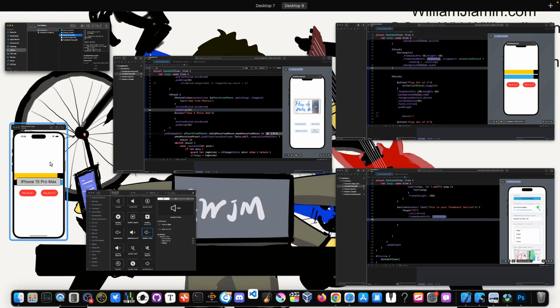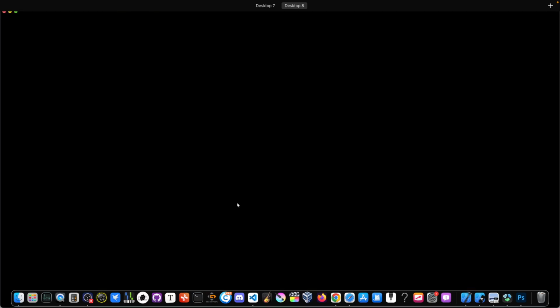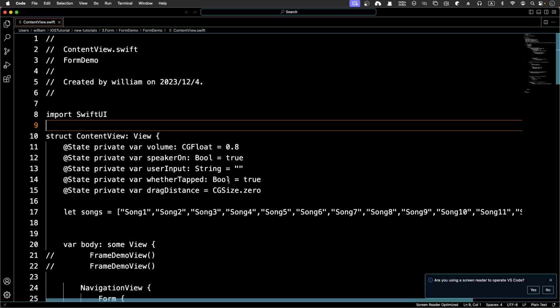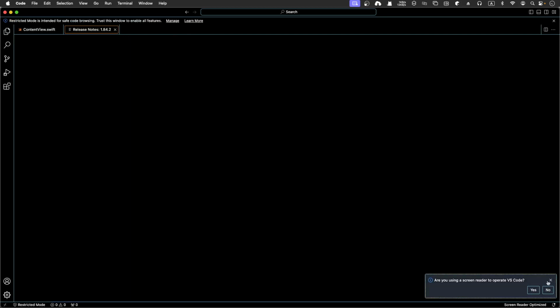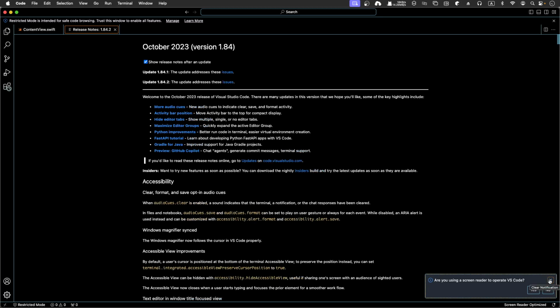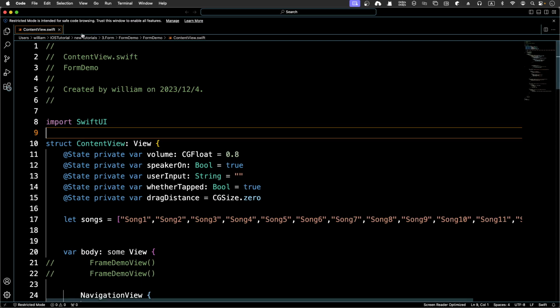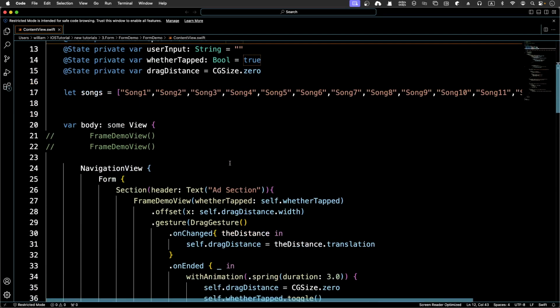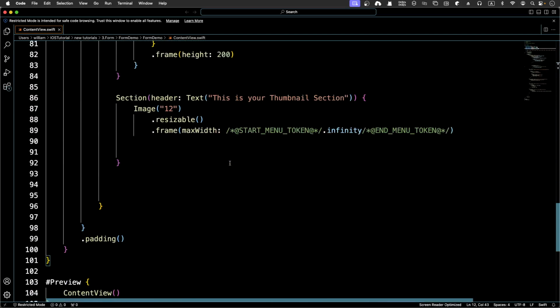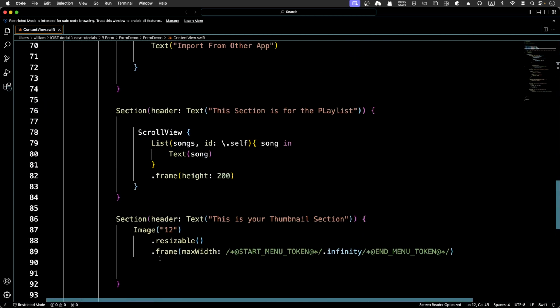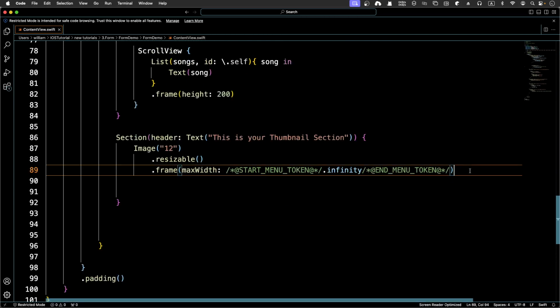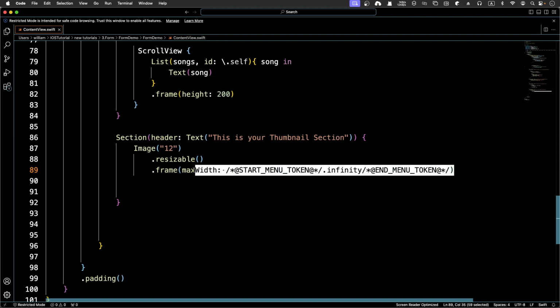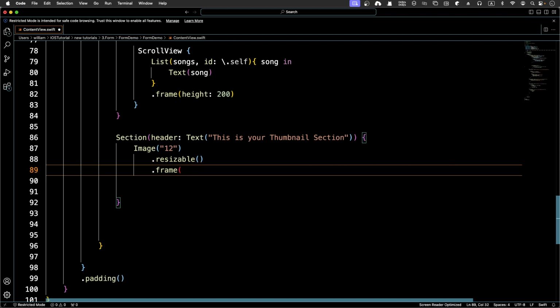Let's wait for it to restart and give us the latest version. Okay, and yeah, I can even use a screen reader to operate Xcode. That's brilliant. And so we got different sections: image, resizable, frame, start token, finish, end token. I'm going to use the help of